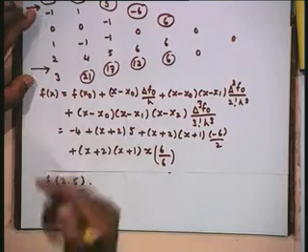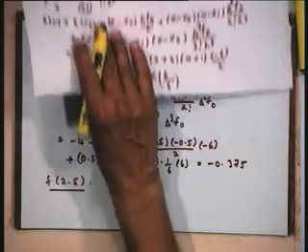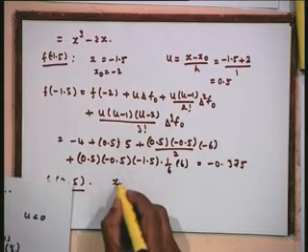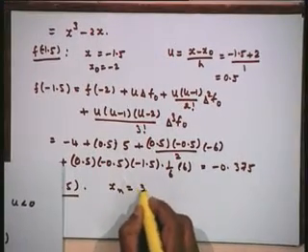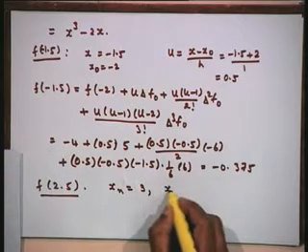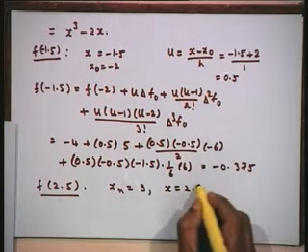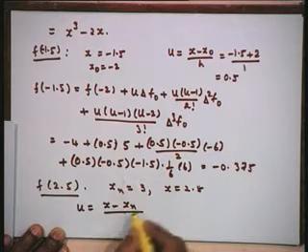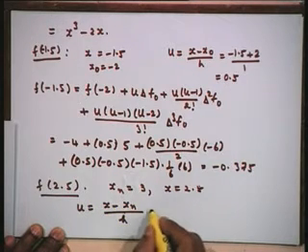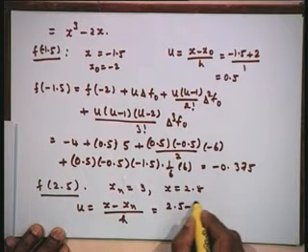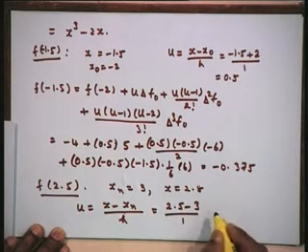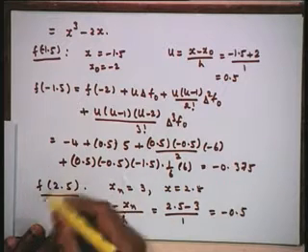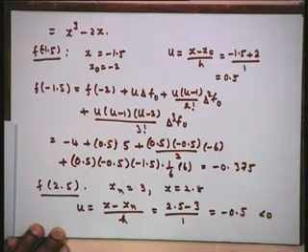Therefore, I must now use the next formula that we have written over here. Our x n is the last point, that is 3, and x is equal to 2.5, at which we have to find. Therefore, u is equal to x minus x n divided by h, that is 2.5 minus 3 divided by 1. This is equal to minus 0.5. As we mentioned, when we are going for the backward differences, u will always be negative.